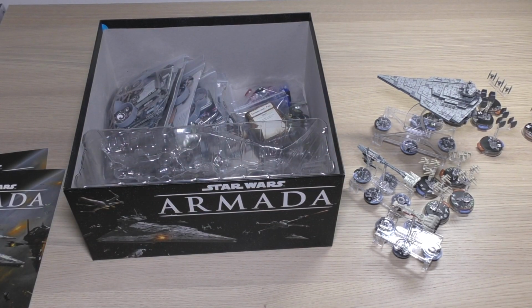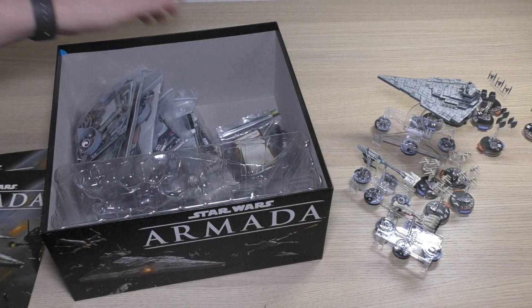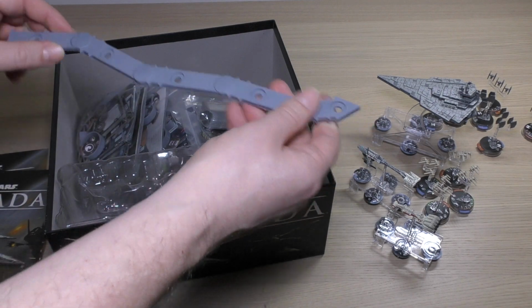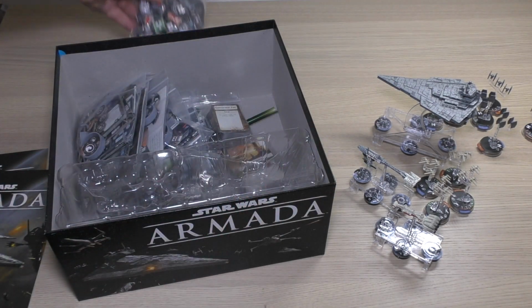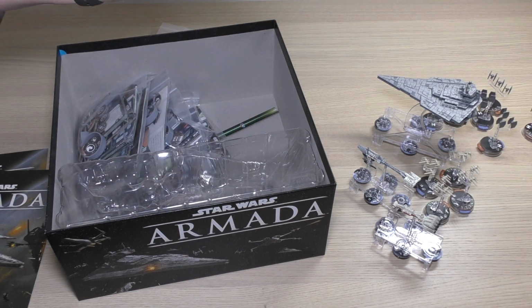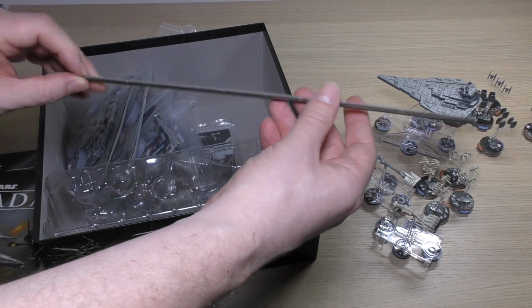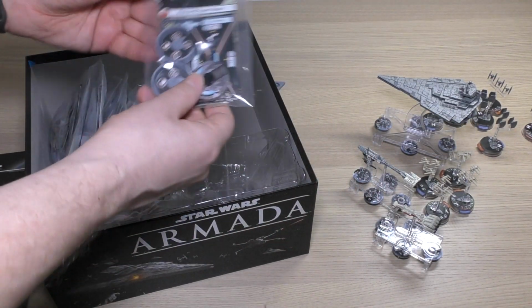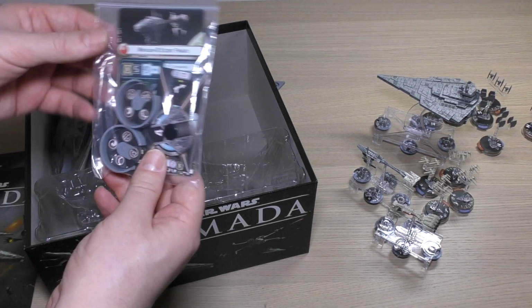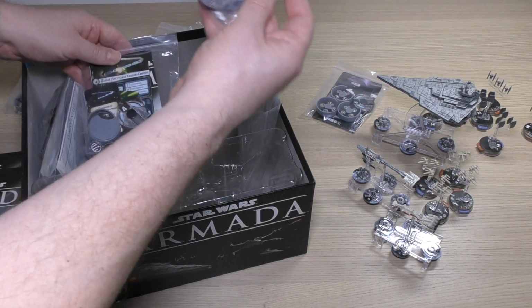need to use today. So we'll need some dice, probably best getting another bag of those. You'll need one of these, which is how you move your ships. You need all of these tokens and cutouts that you get with it. You've got the X-Wing squadron cards. You've got these little play cards too. You may need this whopper of a firing laser. You need the cards and the shield counters and command dials for the ships. So this is for the Nebulon B, this is for the Victory class Star Destroyer, and this is for the